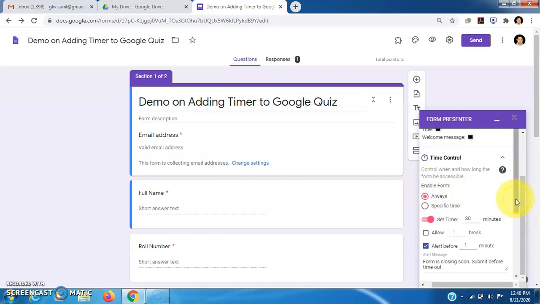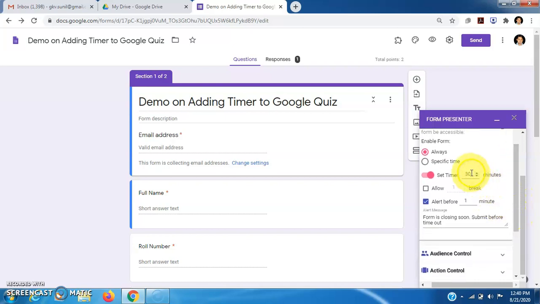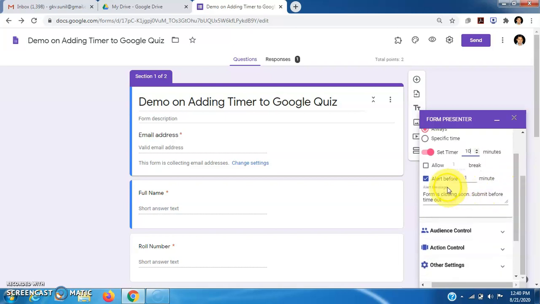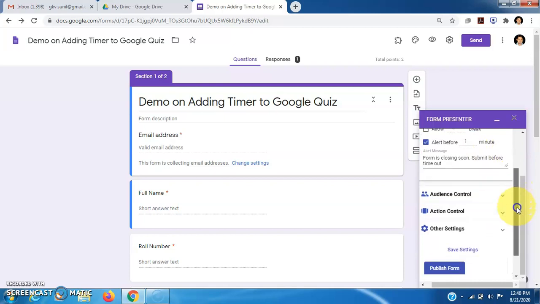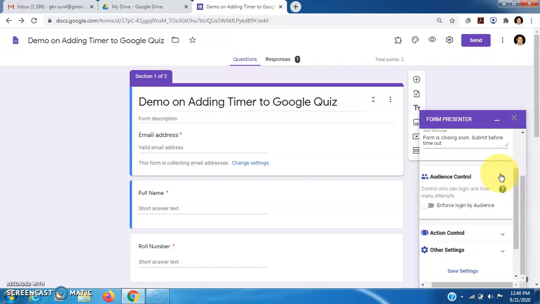Now we will see how we can add the timer. I am setting the timer for 10 minutes. Alert before 1 minute. It will alert the participants 1 minute before. Now there are some more settings such as audience control. We will check for this.